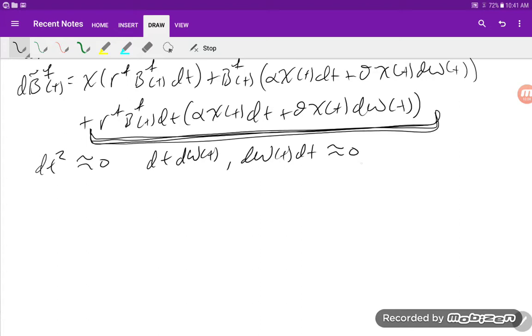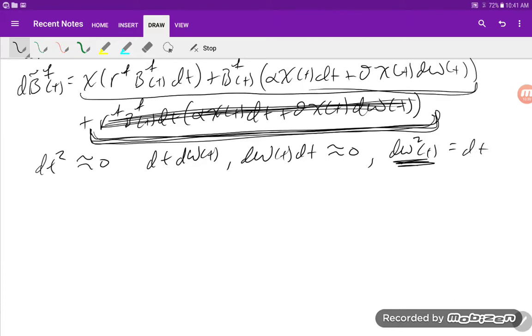The only thing that will remain is if you have a dw squared term, that's going to become dt. So the point here is that we have none of these dw squared terms, so this entire thing is just going to cancel. So in the end, after gathering like terms and simplifying, we're going to finally be left with